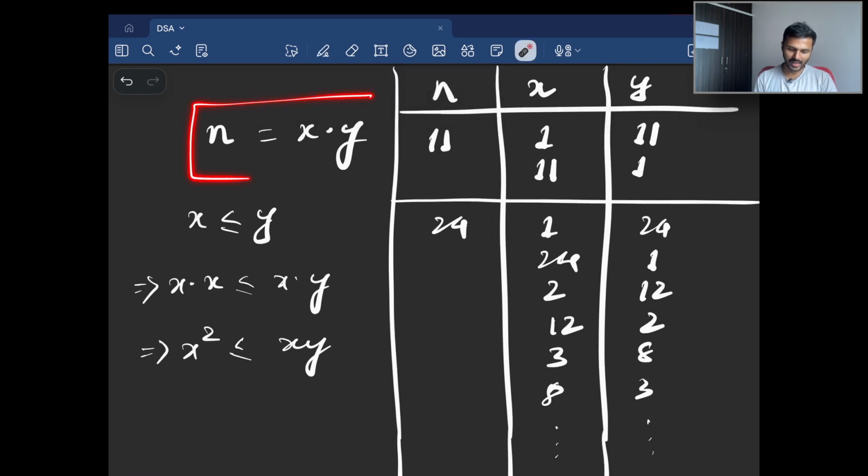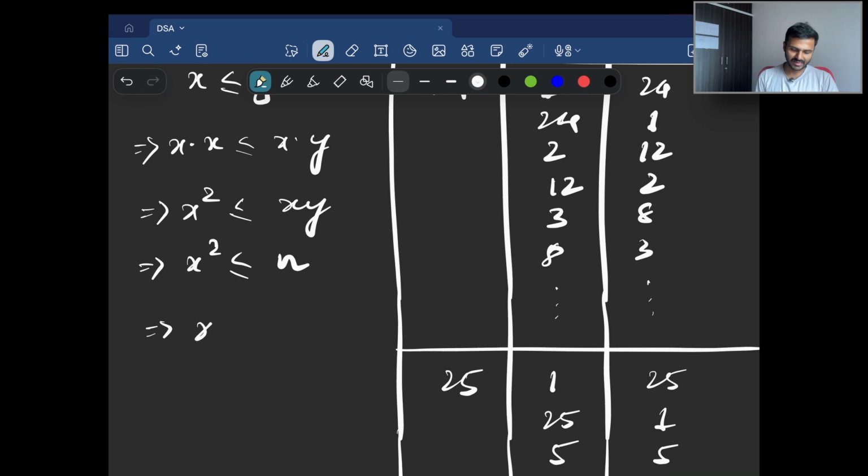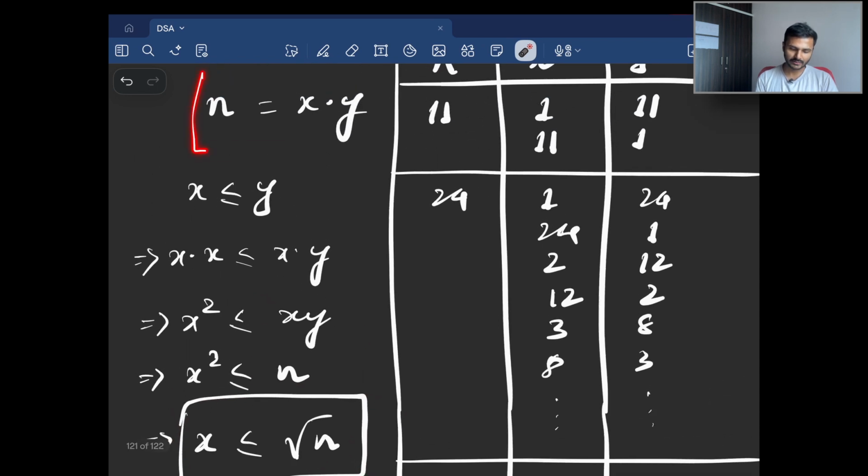Now take a look at what we have here. We have n is equal to xy, right? So can I substitute this n over here? We can. And this will make it x square less than equal to n. Now, if I continue, what will I get? I will get x less than equal to square root of n, right? So if you take a look at this, that is x less than equal to square root of n, and you take a look at this, that is n is equal to x multiplied by y, what can you conclude? So n has been represented as product of two integers, and those two integers are represented as x and y,